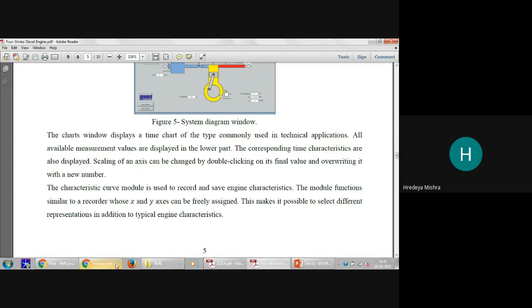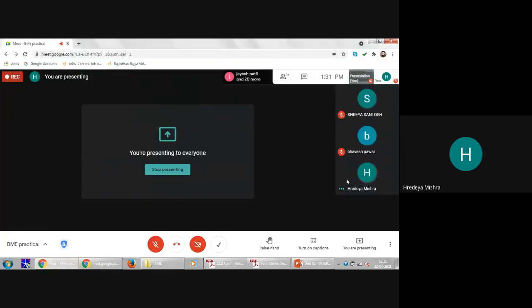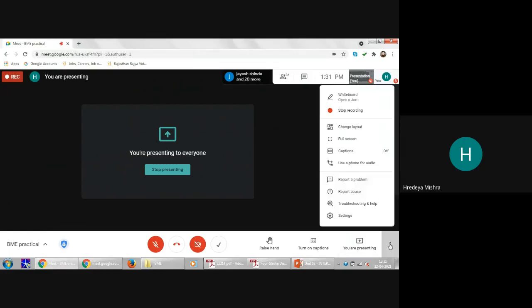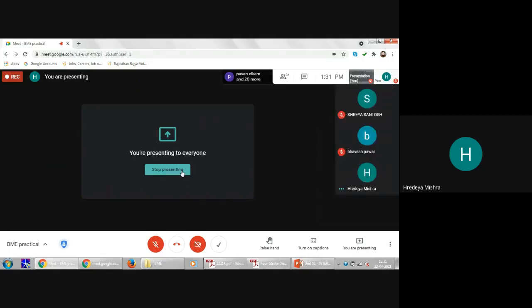So this is about your four stroke diesel engine start curve. So now we go through the